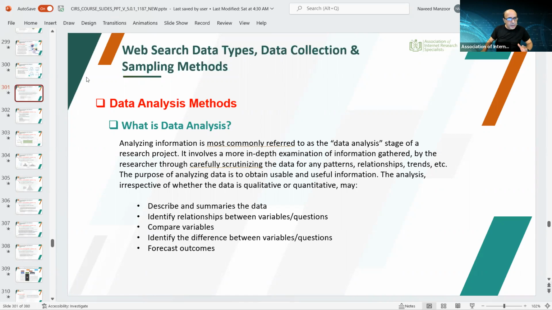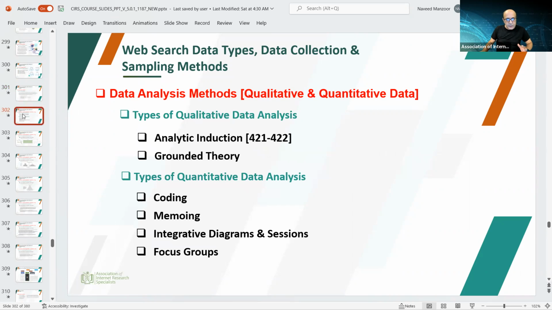So from an analytics point of view, we will look at some sort of research methodologies that drive the analytics for general use or overall objectives of what analytics is about, so let's look at those concepts. There is two there, and like I said, there is qualitative and there is quantitative. So in the qualitative data analytics, there is theories. There are two kinds of theory. There is analytic induction theory and grounded theory.